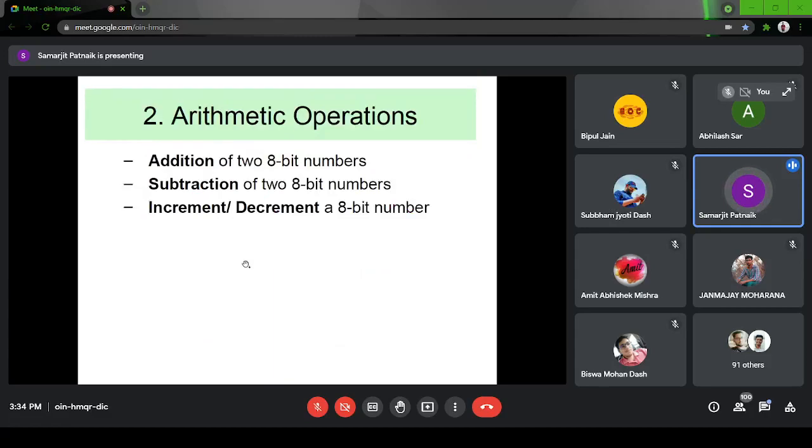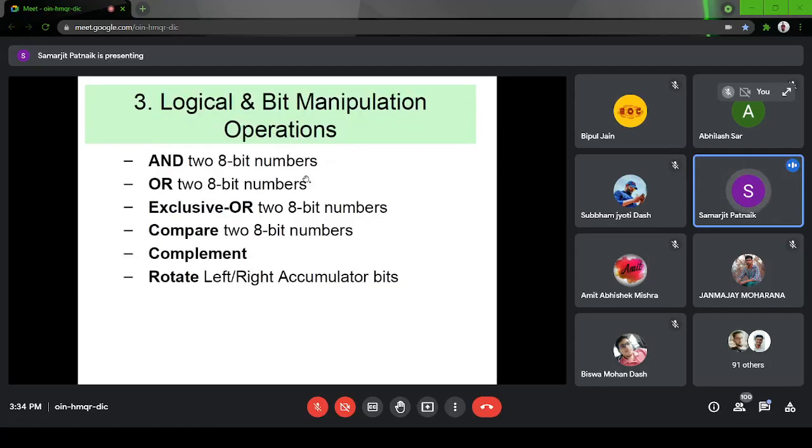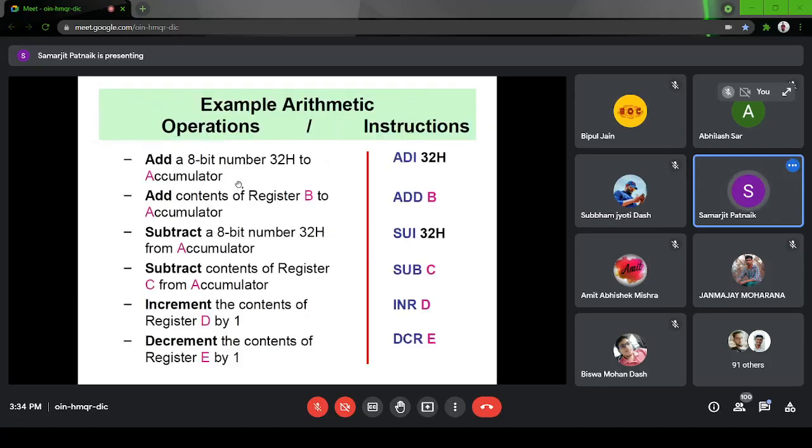Similarly, the second group is arithmetic. In arithmetic we can do addition, subtraction, increment or decrement. If I want to add, ADI; for subtract, SUI. If I want to add register B, by default one of the operands is the accumulator, so we are not writing it.